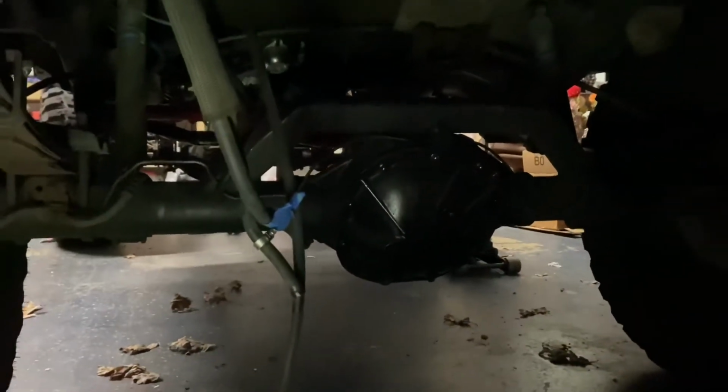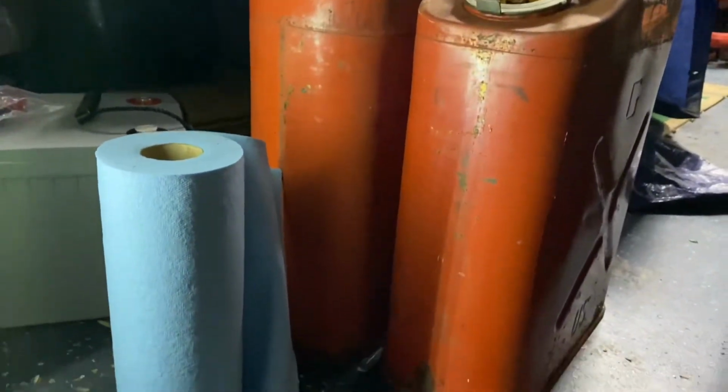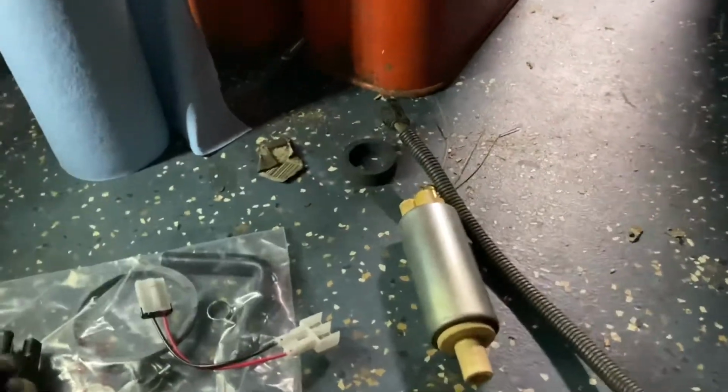Once I get that done, and you do notice I took off the whole sending unit, it just unplugs, and I figured that's going to make it easier to get everything put back together. Then I can just plug it back in, and it'll plug in right there, and then I'll hook up all the lines, get the tank up, secure it, and we should be good to go. Shouldn't take long. It's a nice night, so I'm going to jump into it. Oh, here's the